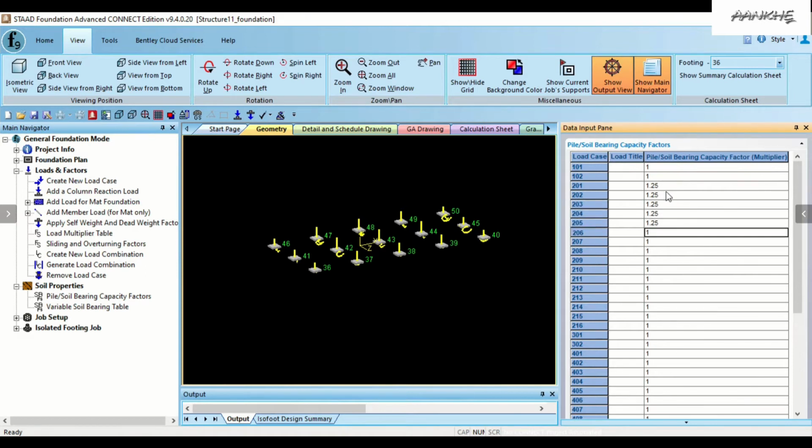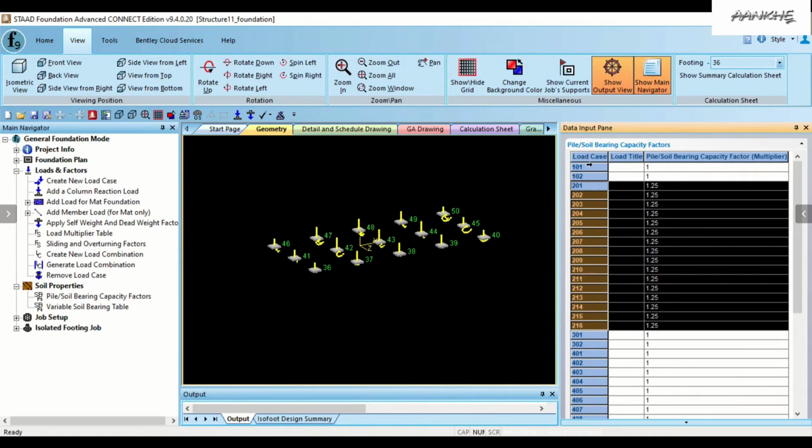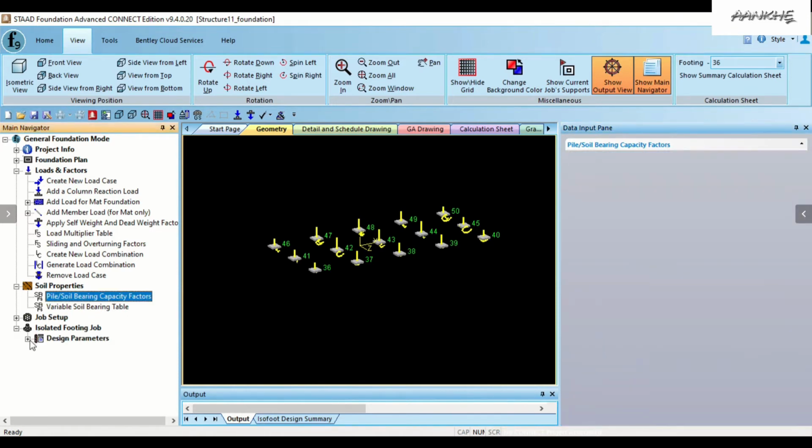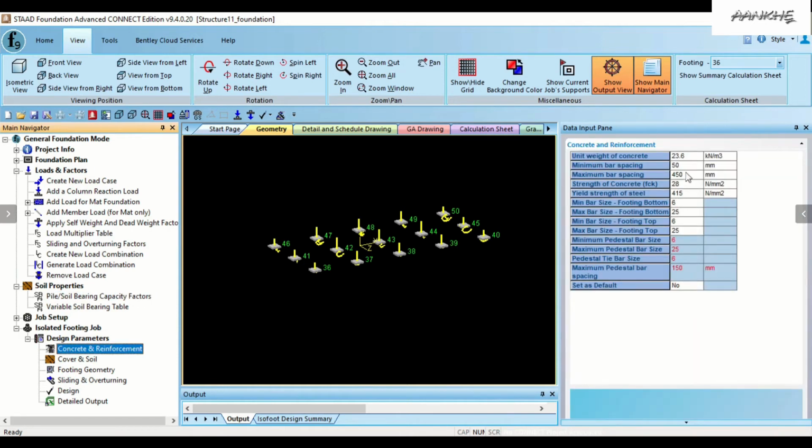You just need to copy them to the respective cells. Again 301 and 302 are the dead load and live load cases. The others again need to be 25% extra. Since only the service load cases are the deciding factor for the foundation size, we need not provide any parameters in the 301 case.